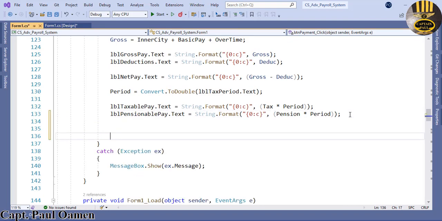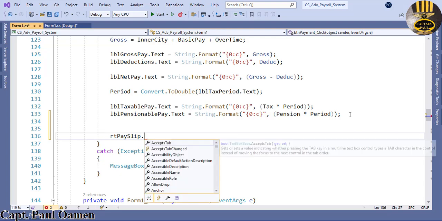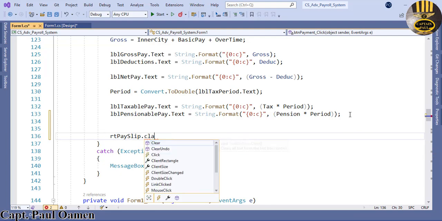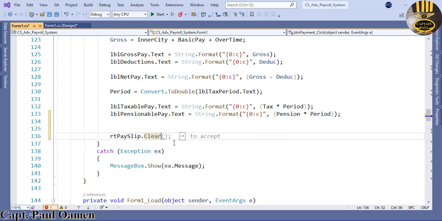So let's say RT payslip. That is what it's called, I believe. Dot. I'm going to first of all clear whatever we have on it, if there's anything in it. So let's clear it out first. There. Now I'm going to then enter as follows. So let's say RT payslip